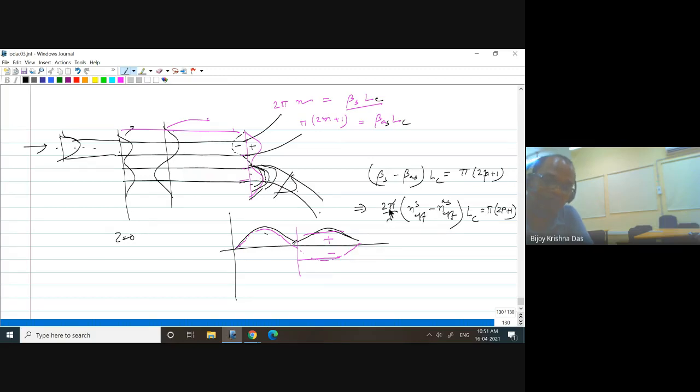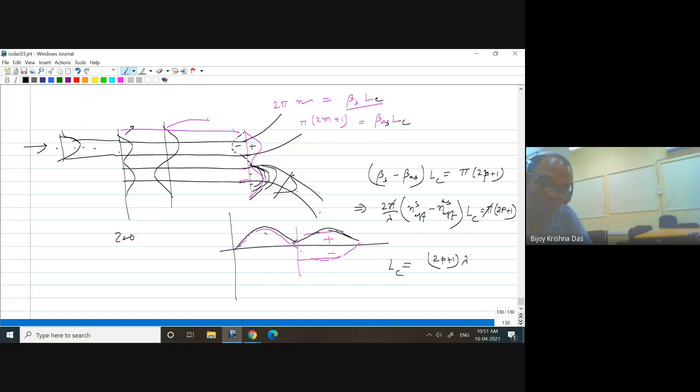So pi cancels, and I can say that LC equals (2p plus 1) times lambda,